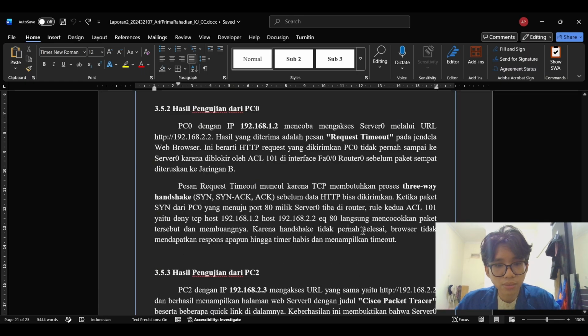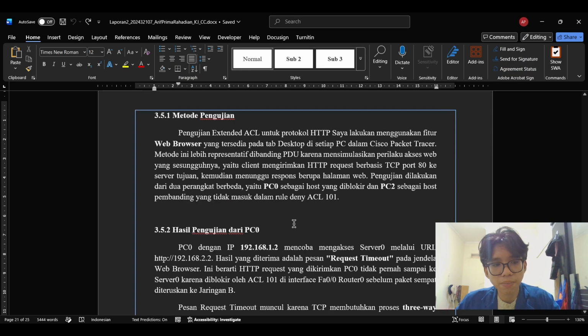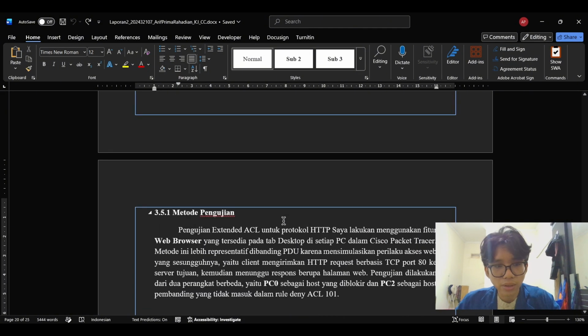Now from PC2 with IP 192.168.2.3, I access the same URL, http://192.168.2.2, and successfully loaded the web page showing the title Cisco Packet Tracer along with several quick links.